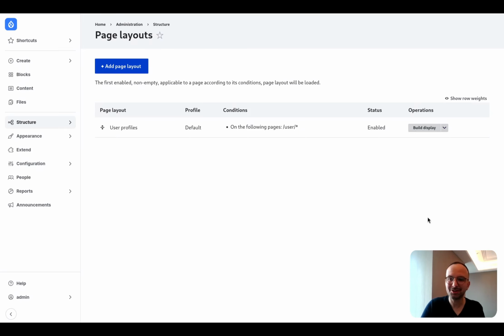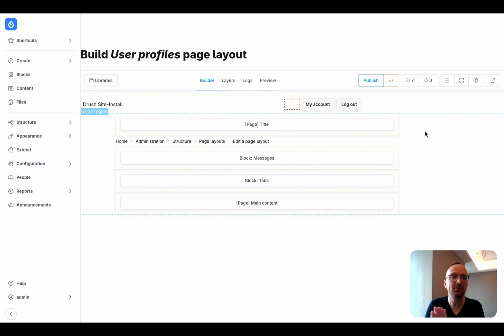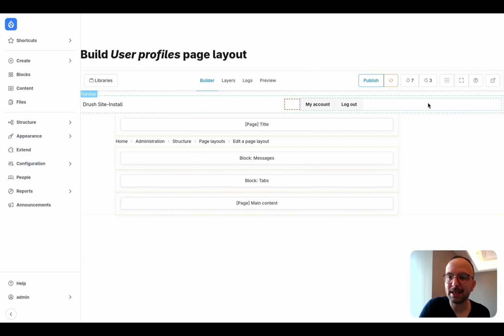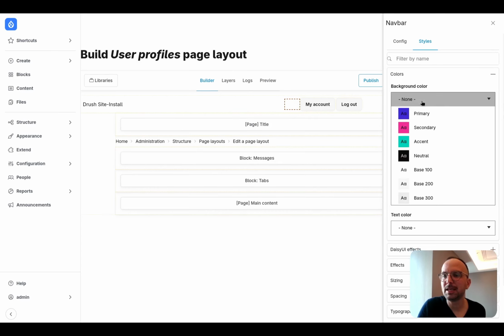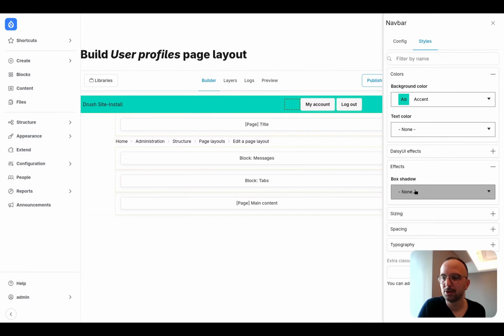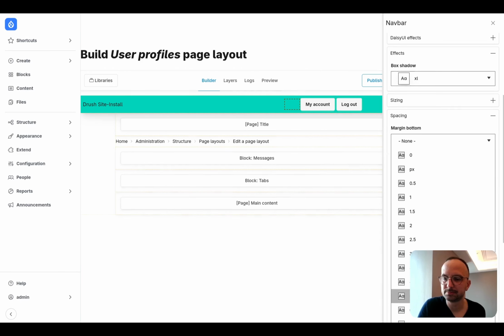Back to my builder, I will make this page nicer by using a feature which may land to Drupal core this year, the Style API. I click on my navbar, and I have a Style tab here. I will apply a background color, a shadow effect, and a spacing, a margin on the bottom.